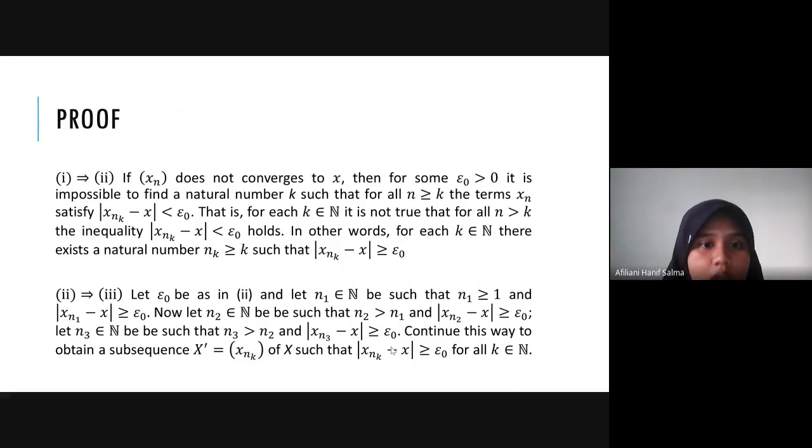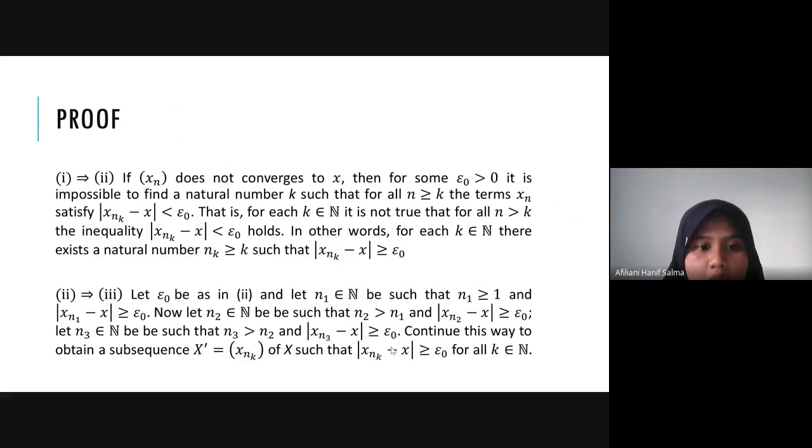That is, for each k in natural numbers, it is not true that for all n greater than or equal to k, the inequality holds. In other words, for each k in natural numbers, there exists a natural number n_k greater than or equal to k such that the absolute value of x_{n_k} minus x is greater than or equal to epsilon_0. And from the second to the third,